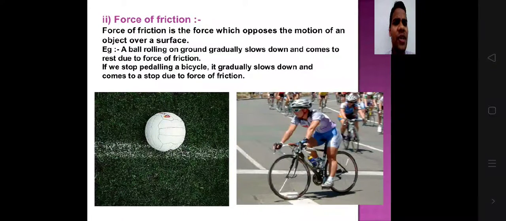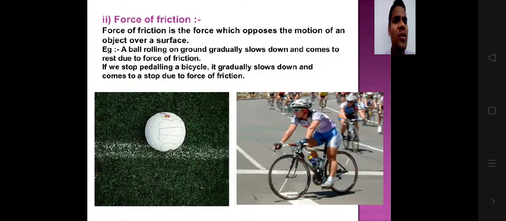Friction is something which opposes the motion of an object. I'll give you a simple example. In any game of cricket or maybe basketball, volleyball, whatever, you throw the ball, or let us say you hit a ball for a boundary or for a sixer, the ball rolls down on the ground, and finally it stops because there is some force acting on it in the opposite direction, because of which it is coming to rest, and this force is friction.